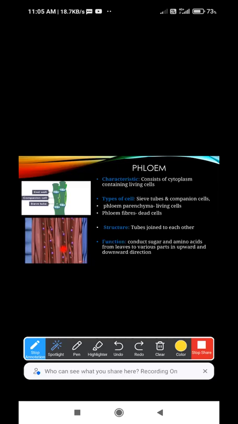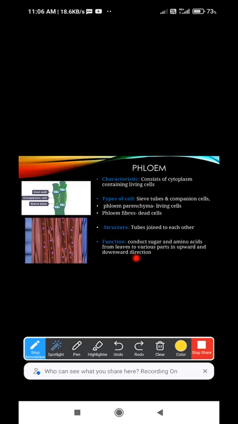Now, what is carried in the downward direction? We all know photosynthesis is performed by the leaves. So whatever starch is produced by the process of photosynthesis is taken in the downward direction towards the other parts of the plant, that is the stem and the roots. And even the other nutrients that are formed during the process of respiration are also carried in different directions wherever the need of that element is there.